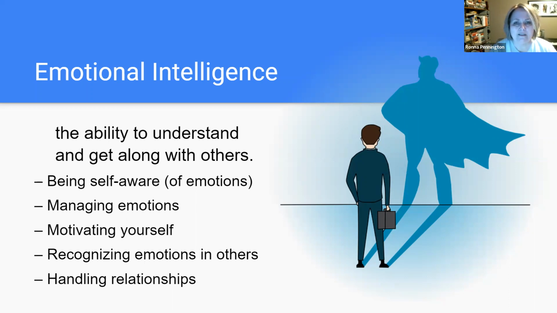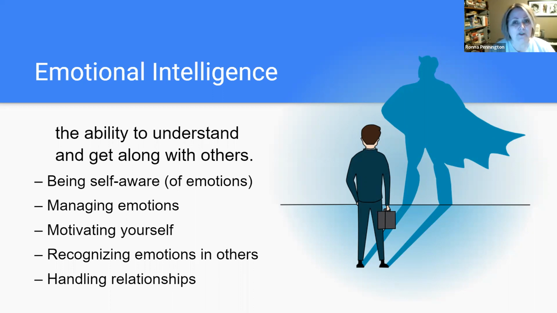There's an appropriate time and place for all emotions, but knowing where and when to use those is a guiding force of emotional intelligence. Also, how to motivate yourself. Motivation is a hard thing, and some people are more motivated than others, but you have to want to understand people better and want to make these interpersonal relationships in order to make that happen. Also, being able to recognize all these emotions in others. So if you realize you're pushing someone's buttons, then emotional intelligence allows you to stop.